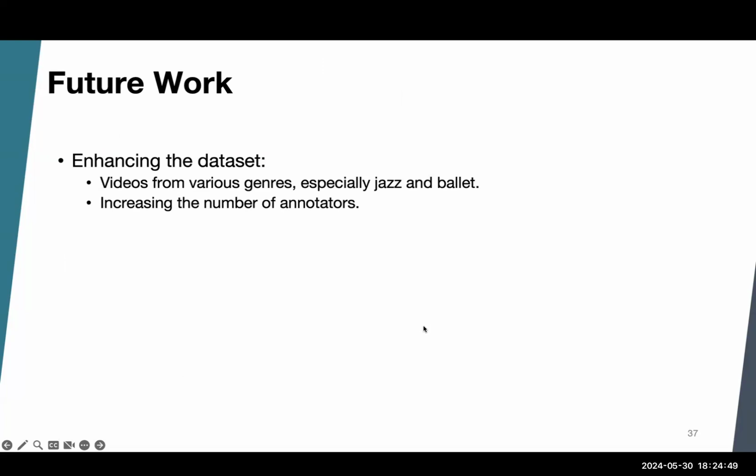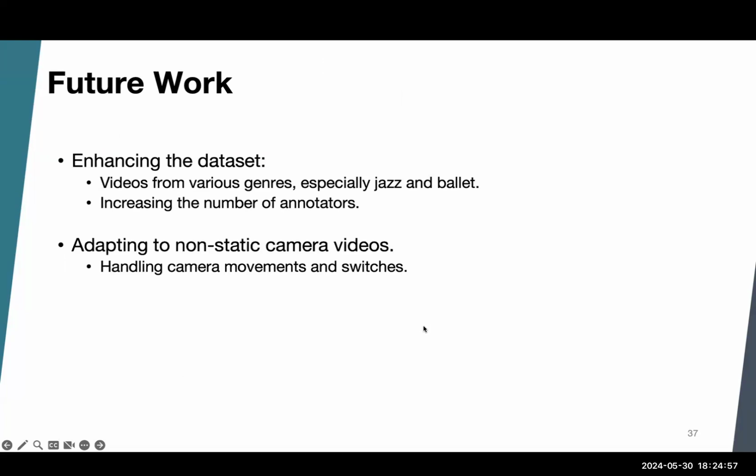Increasing the number of annotations per video from the current 3 to more would also improve the reliability of the ground truth labels. Next, while the proposed method currently handles videos shot with a fixed camera, many actual dance videos involve camera movements and switches. So improvements to handle these scenarios are necessary.